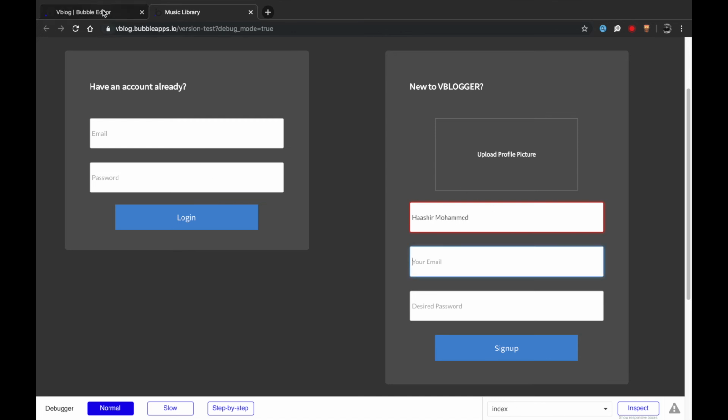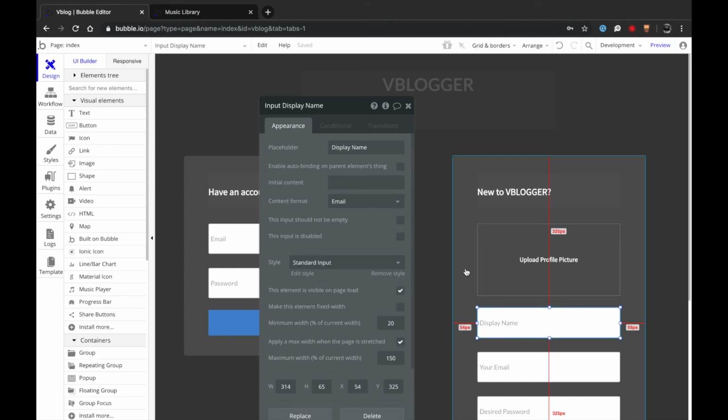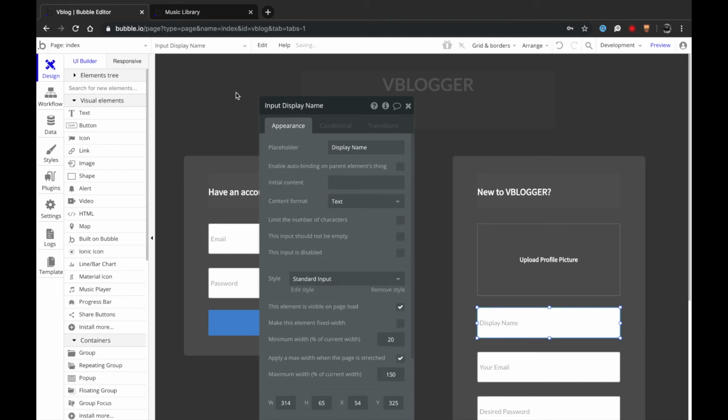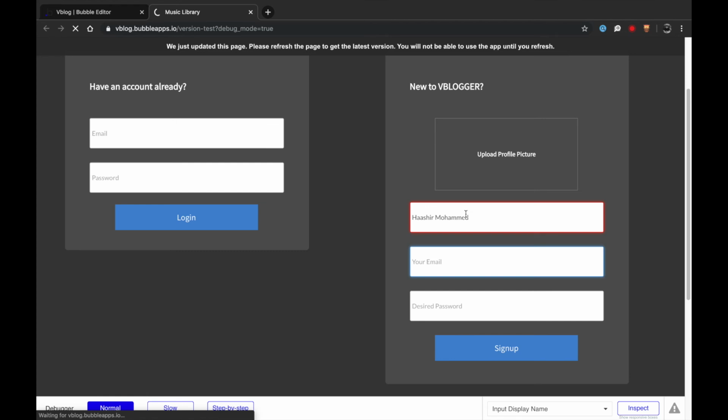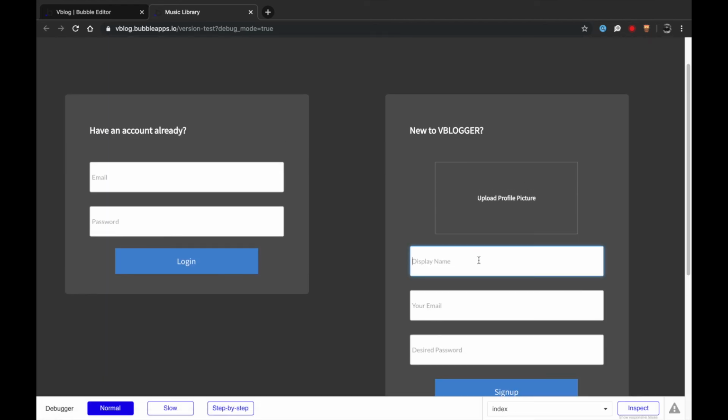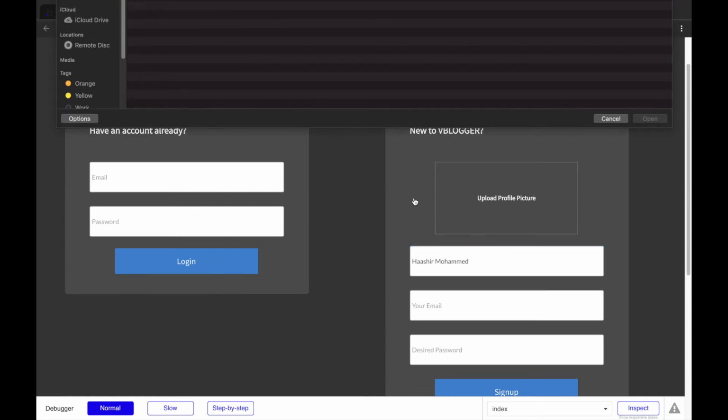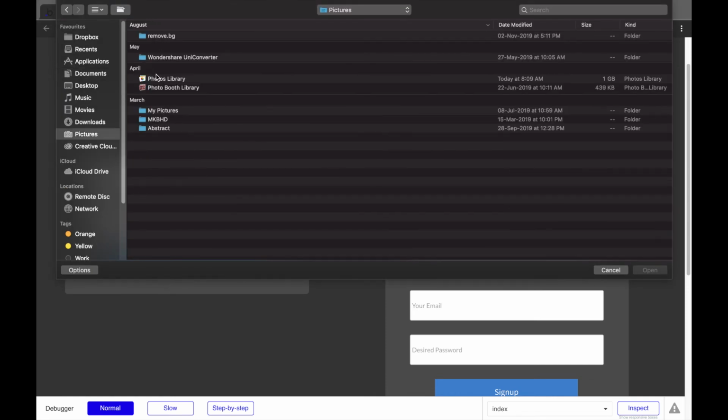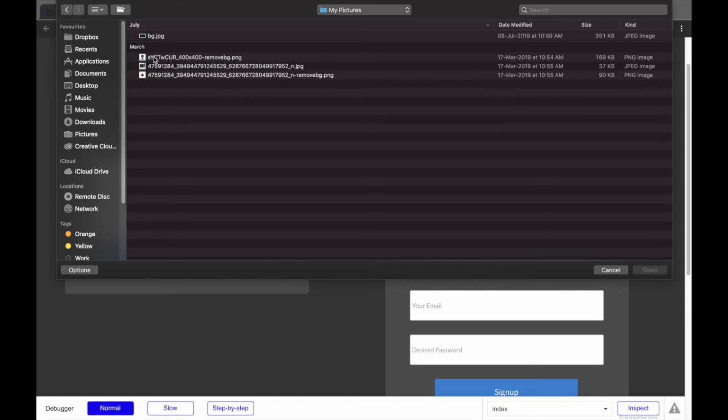My name is that, and as you can see, it says error because the type is email. So let's change that to text. We need to refresh this page now. Alright, now we can type in whatever you want, and you can see there's no error being thrown at me. Now we can choose our picture,